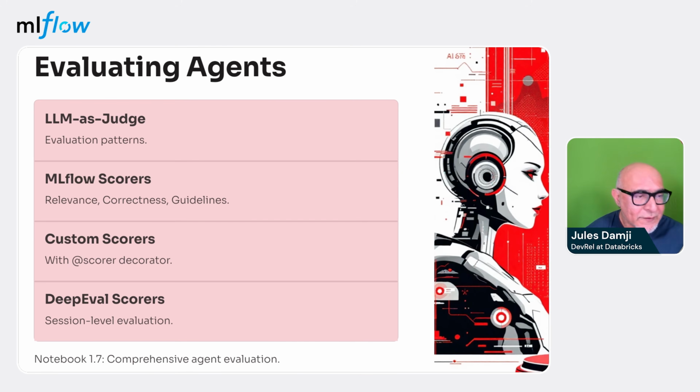And then finally, evaluating agents. Now, this is probably the most important tutorial that you have, building on everything from 1 to the 5th, so the 7th one. And here you look into different ways you can evaluate an agent. LLM-as-a-Judge is an important design pattern for evaluating agents. And then you have built-in scorers that give you the ability to look at the relevance of your queries. You can look at the correctness of the queries. You can have built-in judges that you can give guidelines to see how a judge should evaluate a particular agent. And all these are built-in 70 plus scorers that give you this arsenal of metrics that you can look into. You can write custom scorers,